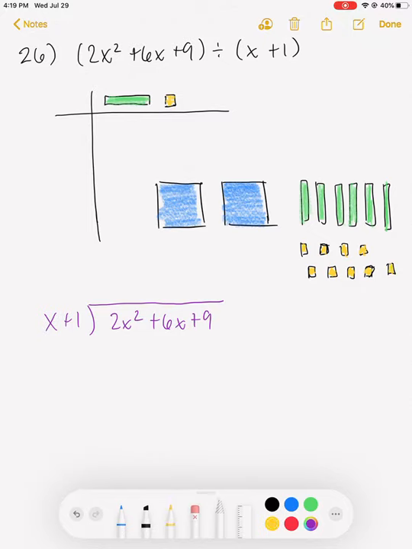Okay, so we're going to start our problem by thinking about how many x's go into 2x squared. So I'm taking my 2x squared and dividing by x. Obviously that's going to be 2. Not obviously, but it will be 2, because x times 2x gives me 2x squared. So we're going to put 2x here,